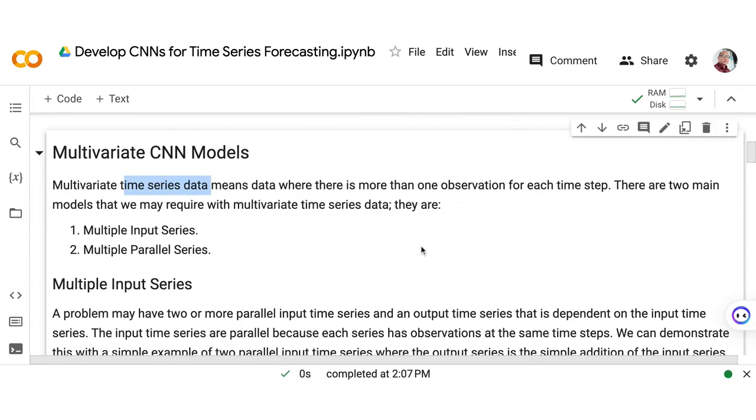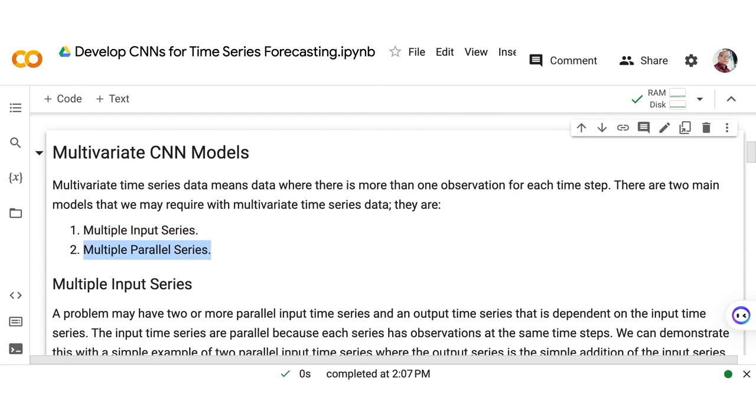Meaning it could be two columns or two features or three or more. Now, there are two main models that we may require with multivariate time series data, and they are the following. We can use the multiple input series, and the other one is the multiple parallel series.